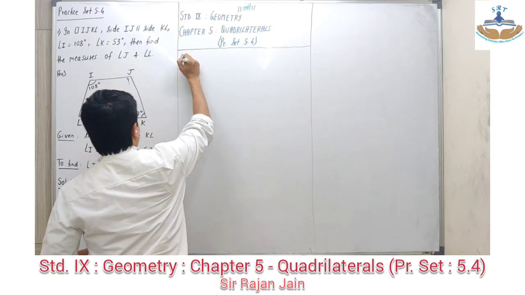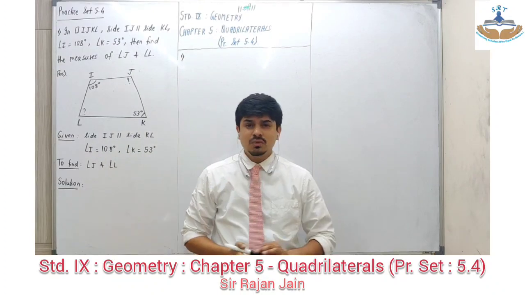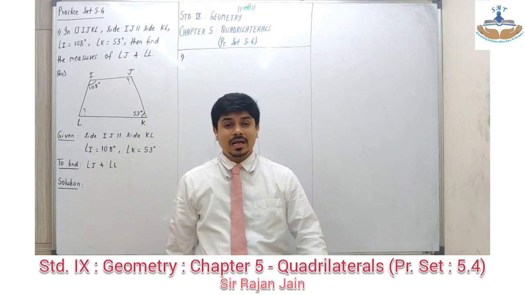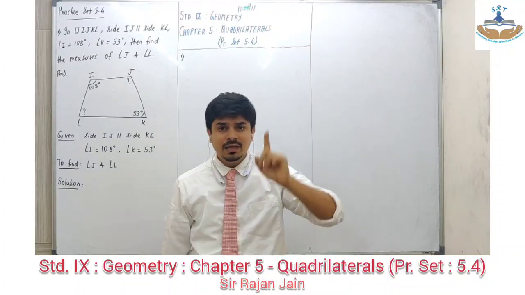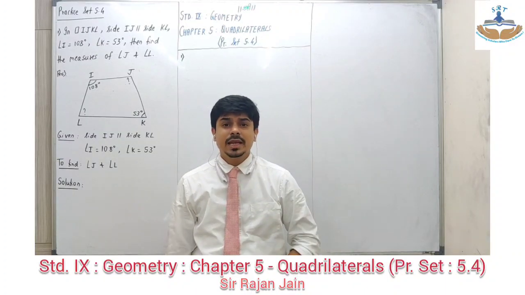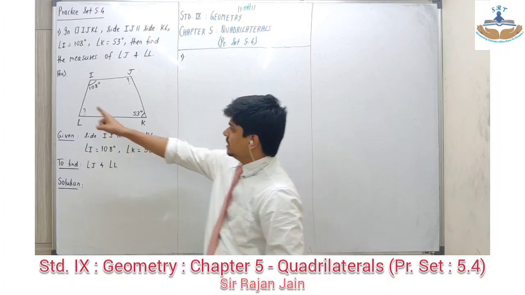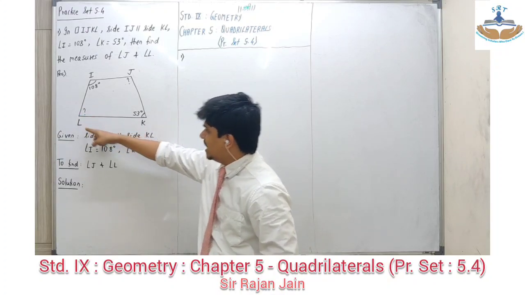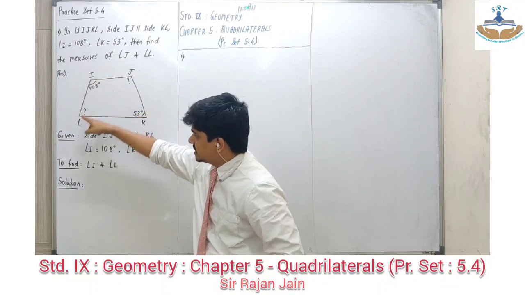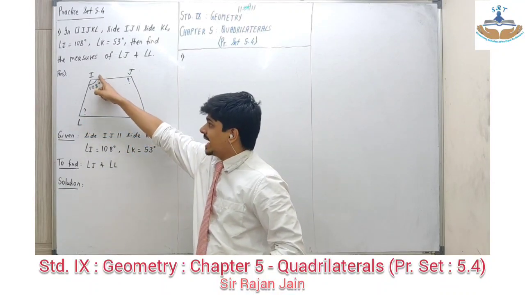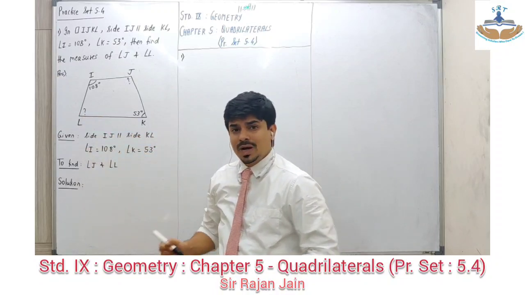Solution. Now as you know, whenever we make use of corresponding angles, interior angles or alternate angles, I cannot directly say angle plus angle is 180. First, it is compulsory to write parallel lines and transversal. So over here, let's talk about angle L first. Now IJ is parallel to LK. This is the transversal. So angle I plus angle L will become 180 degrees.